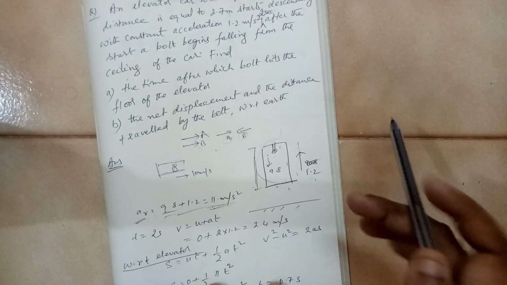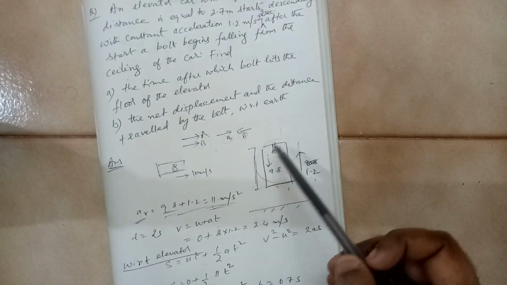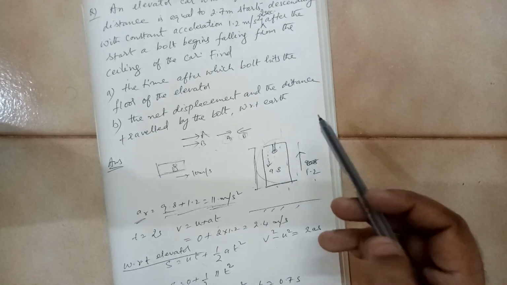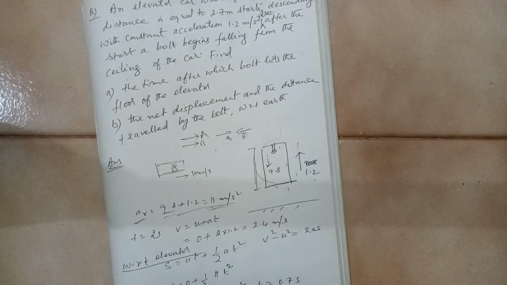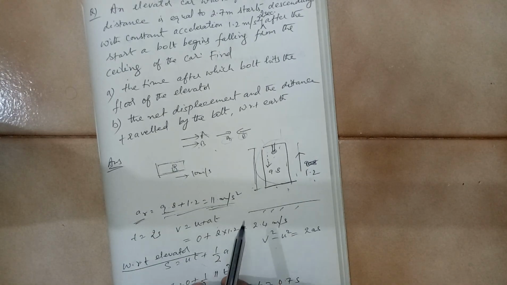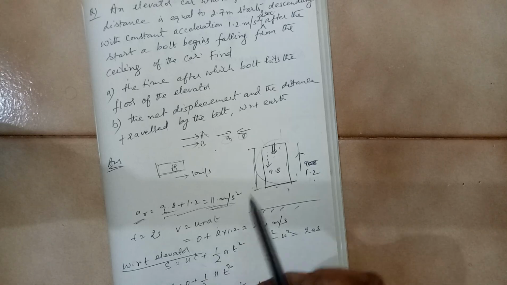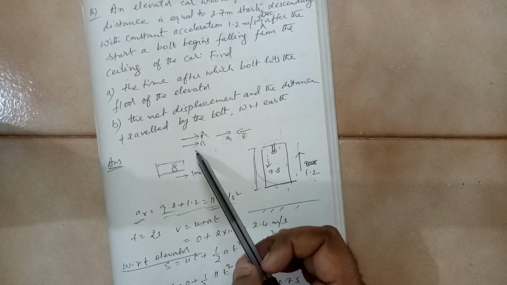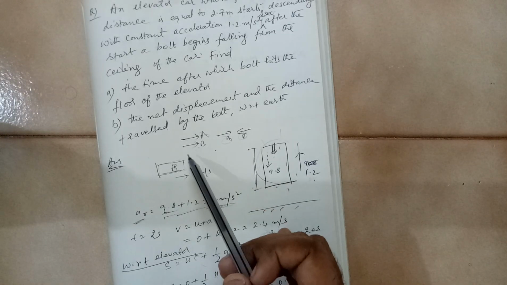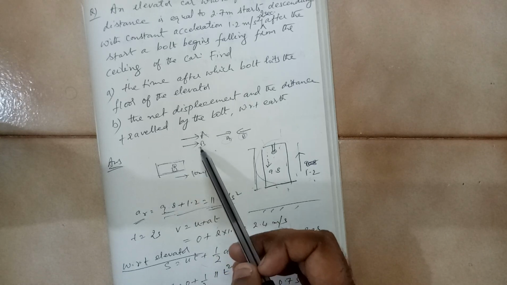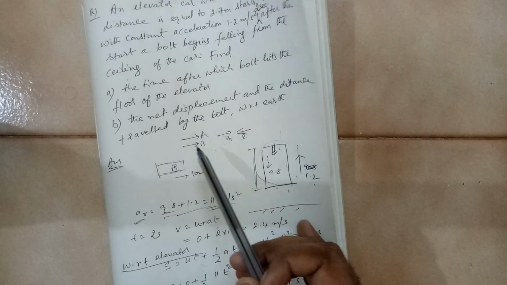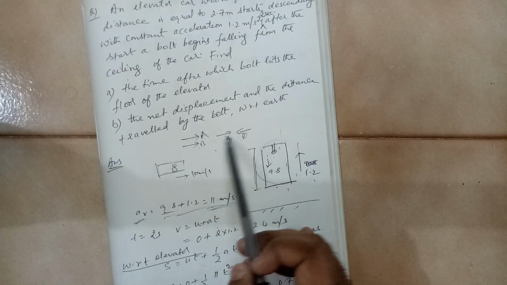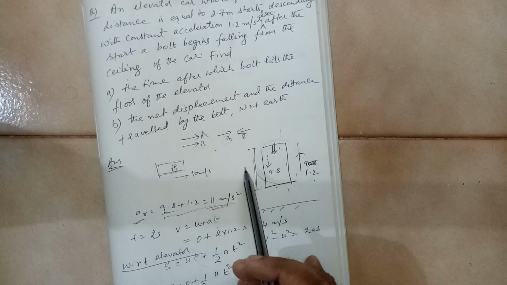So here, if the lift is not moving, it is a case of free fall. It's a simple straightforward question. But here the lift is moving with an acceleration in the upward direction. So you have to use the concept of relative motion. In relative motion, you remember that if two bodies are moving in the same direction, the relative speed of A with respect to B will be difference of these two. It will be VA minus VB. If they are moving in the opposite directions, you need to add them.